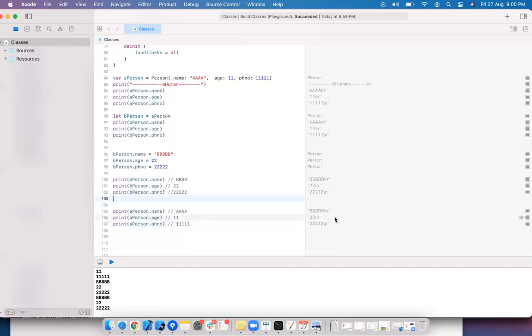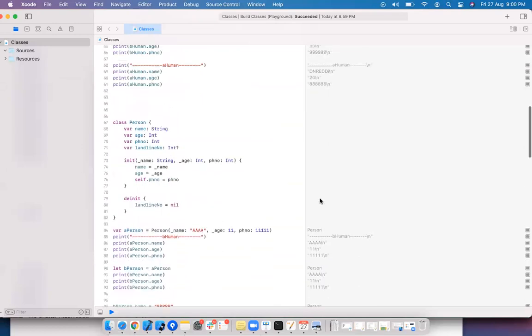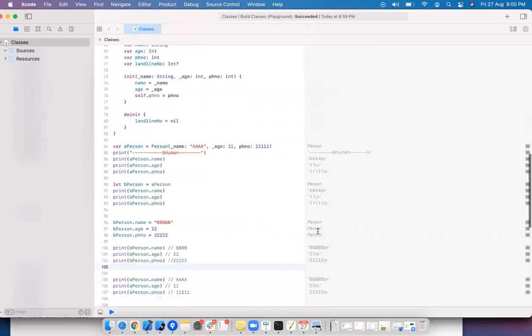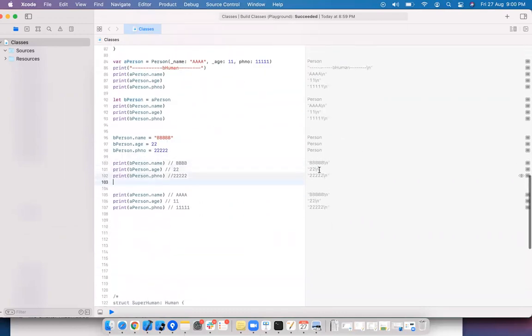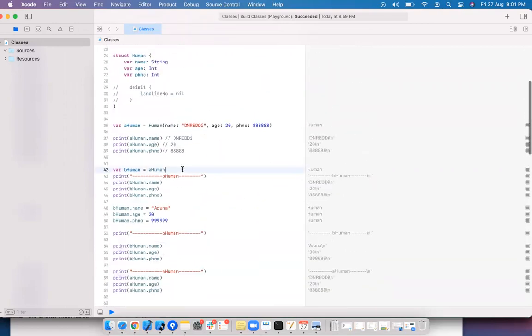This is the difference here. In case of structures, the modified values are not printed for A human. These are B human, right? Though you modify the B, it is not reflected in A. Here, though, we have modified in B, that is reflected in A. Whenever you are assigning, in case of structures, what happens is it creates a separate object.